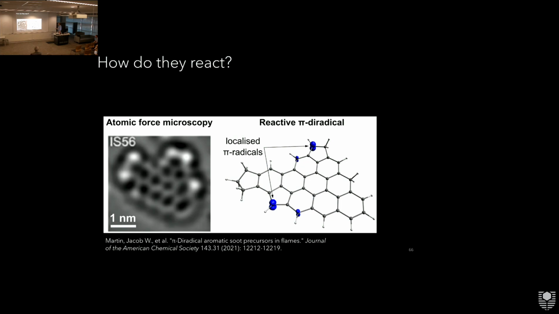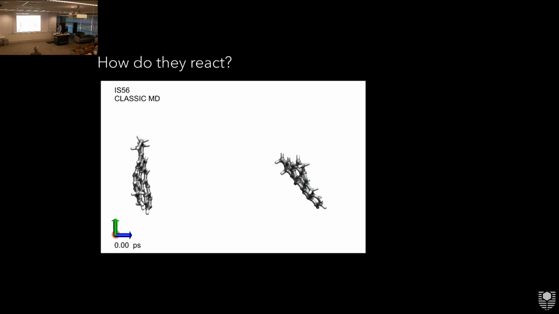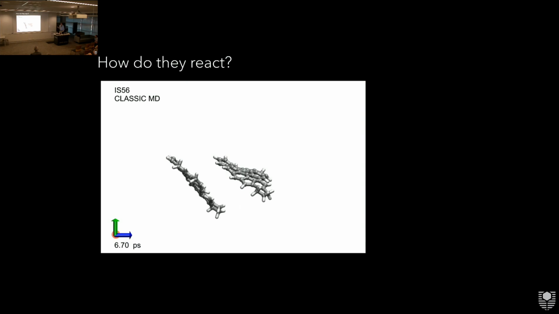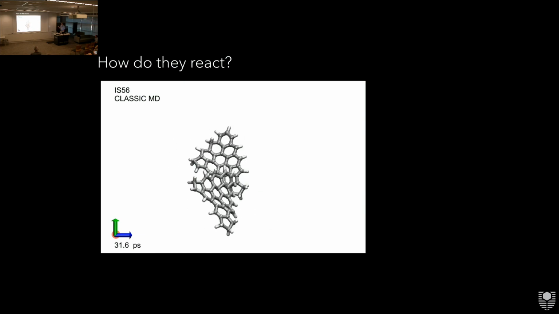It's quite funky. And using the computer, we can compute where the electrons go. And we discovered that the electrons don't pair up. They actually separate, and you get two reactive sites on the same molecule. So this molecule is like a barrel of monkeys, because each molecule has two reactive sites which can link up with other molecules that are the same. And we could do simulations where we could see how they react. So this is actually a full quantum mechanical calculation where these two molecules are interacting and reacting, using the full description of how the electrons